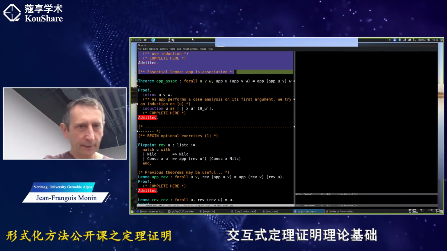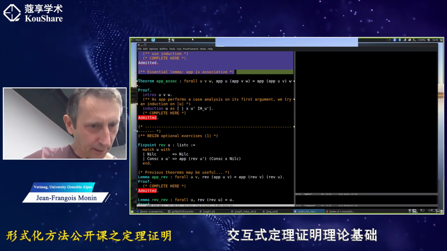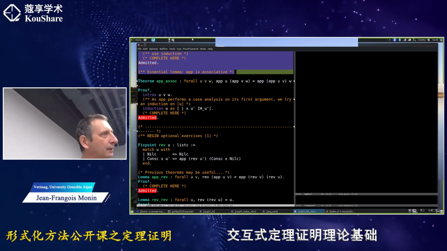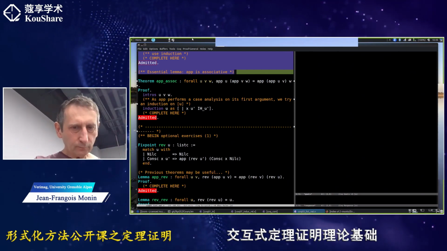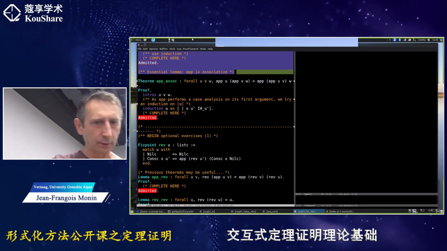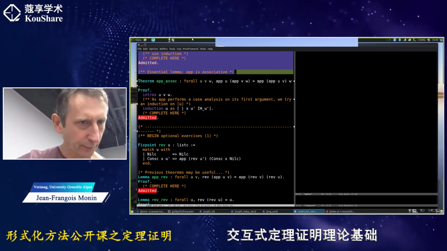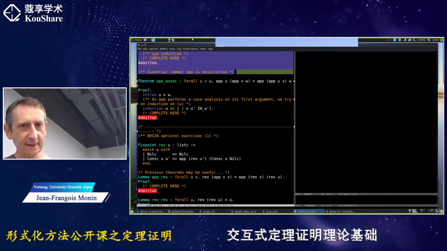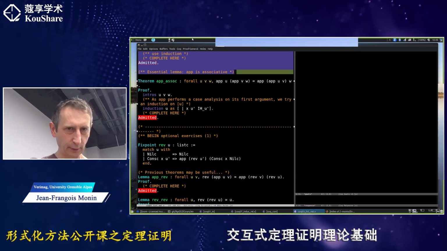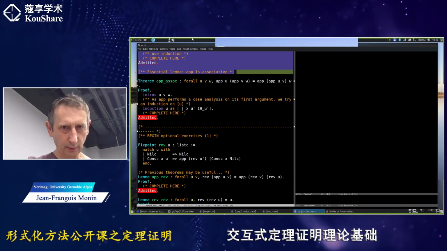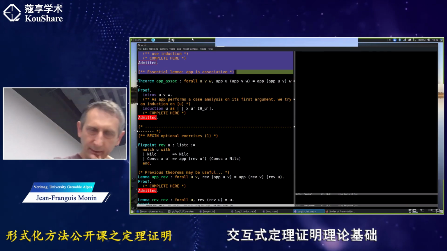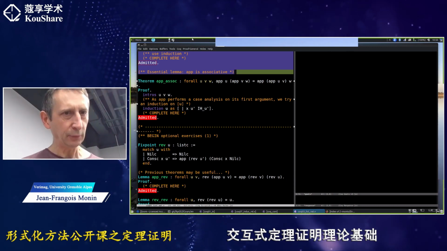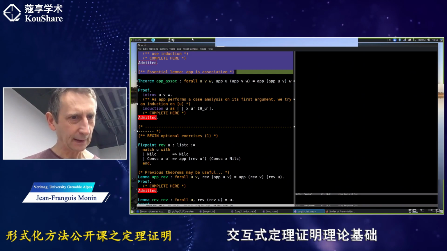So now we are in file number 3 on lists and natural numbers. Here the lists are basic: a list of colors. But we could do the same, of course, on parametric lists, as I showed at the beginning of the lecture. Last time, I think we went up to this point. We introduced lists, and then